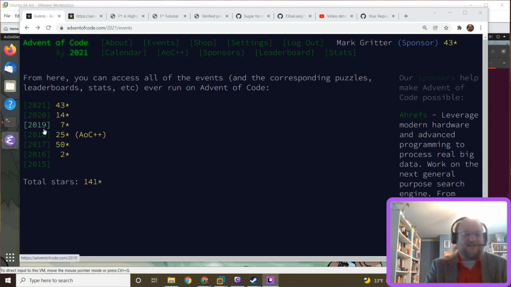In 2019, I used a graph grammar language that I wrote called Soffit, and only managed 7 stars. So that was a pretty poor showing. Last year, I used Pi, which is another dependently typed language like F star, and only got 14 stars. And this is really my best attempt at a non-standard language.